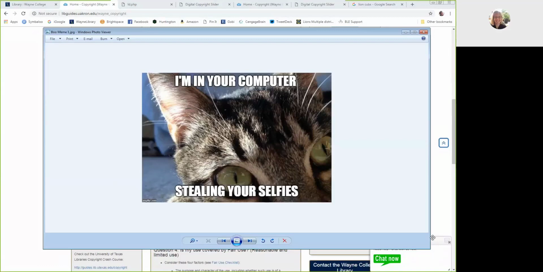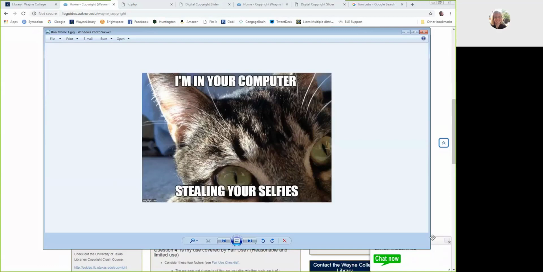I would encourage you to take your own pictures, create your own memes, your own GIFs, images, videos, things like that, and use your own content, and then you'll be 100% sure that you're allowed to use it, and nobody's going to come after you for that. Okay, does anybody have any examples that you want to talk about? We've got like 10 minutes left of this webinar, so I would love to hear some of yours.